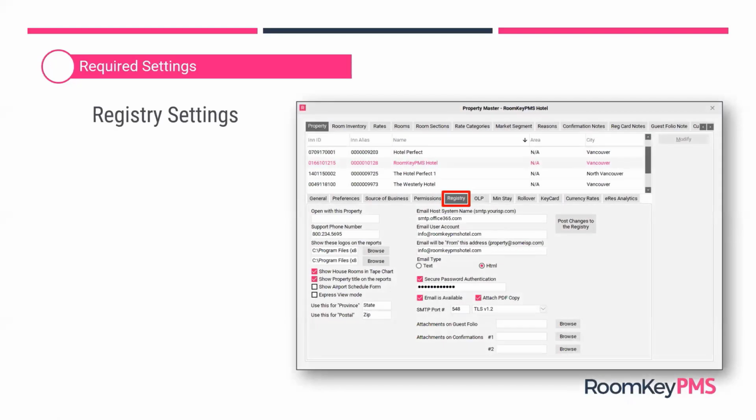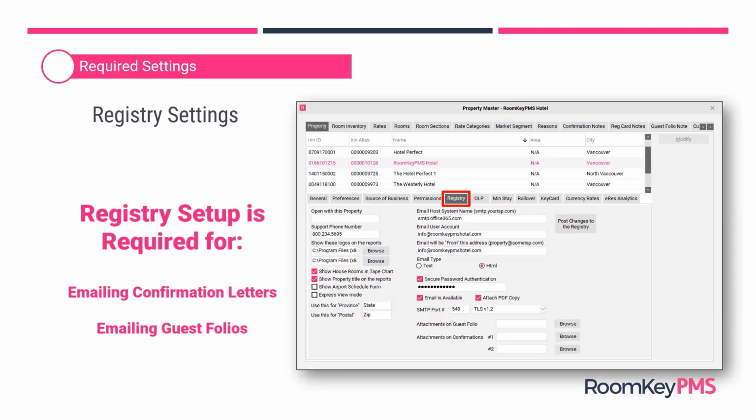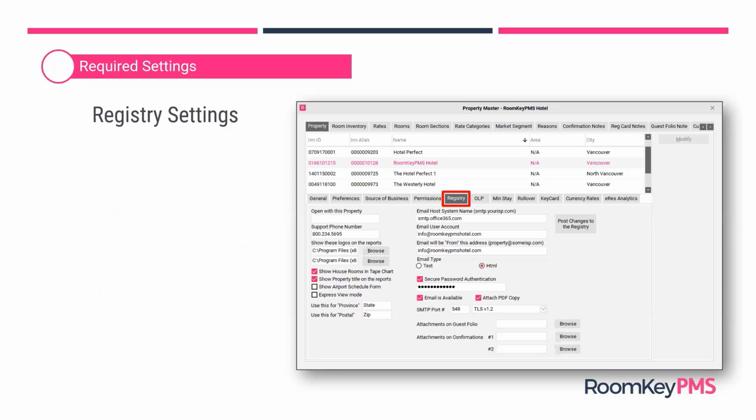The next required setting is the registry settings. Now here in RoomKey, this registry setting is going to allow you to send emails directly from RoomKey to an external recipient, meaning the guest. So if you want to be able to send confirmation letters or a copy of the guest final bill at the end of their stay, you must set up the information here on the Registry tab for each computer workstation